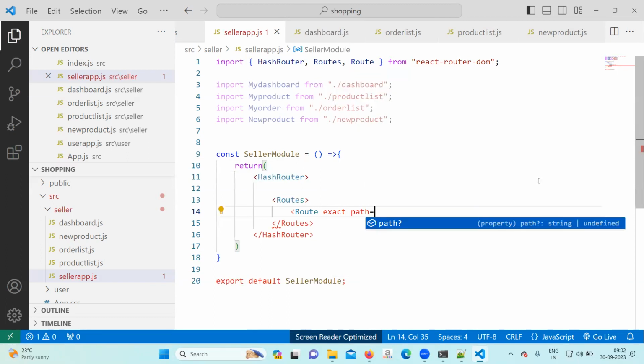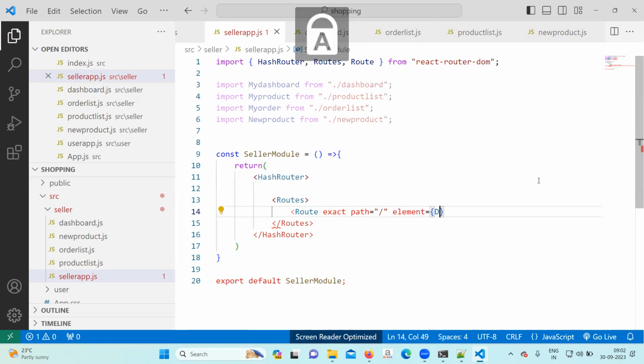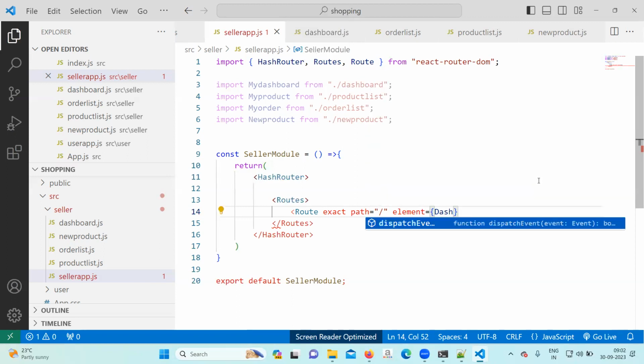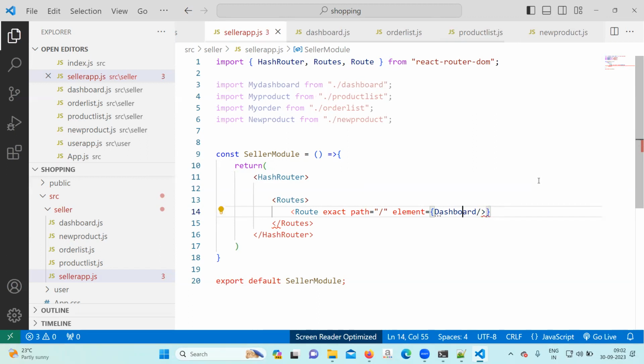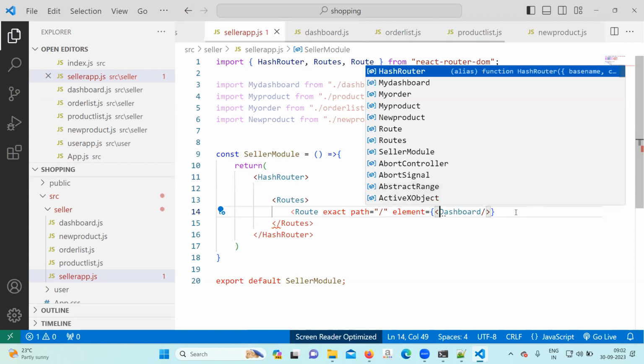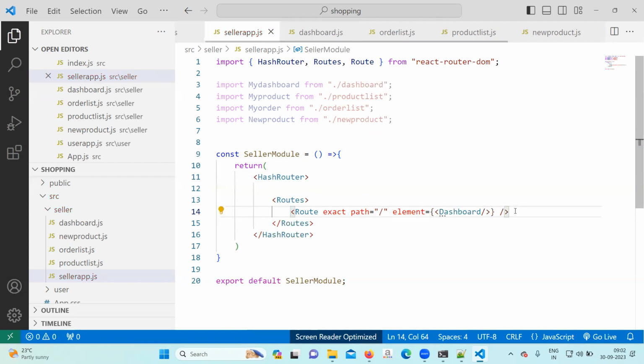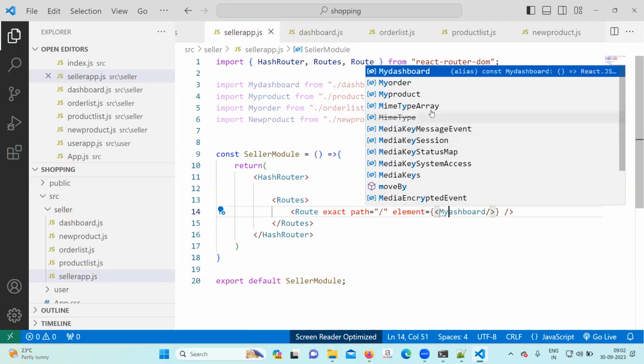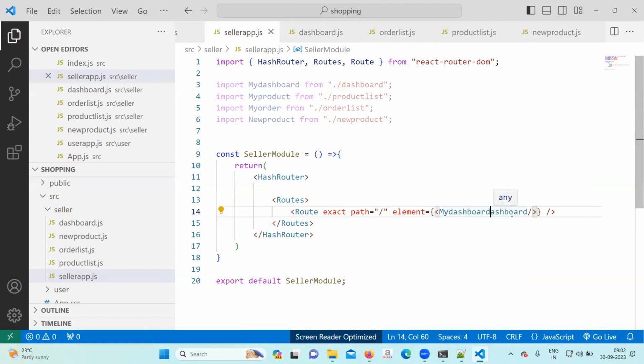Exact path slash, then element, dashboard element, or my dashboard element.